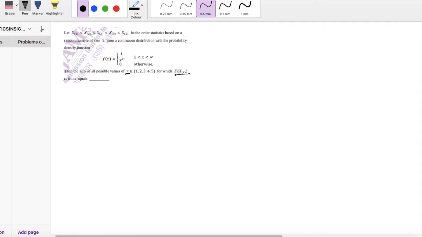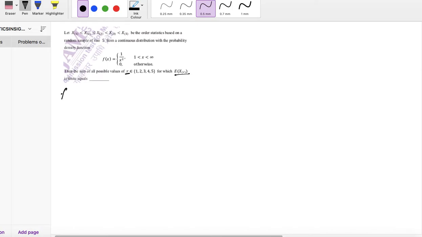Now we are required to find expectation of xr where r ranges from 1 to 5. Now we have to look into the expected value which is finite. Okay, for that we know